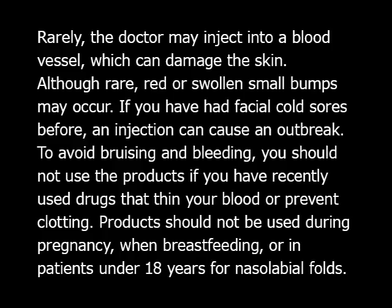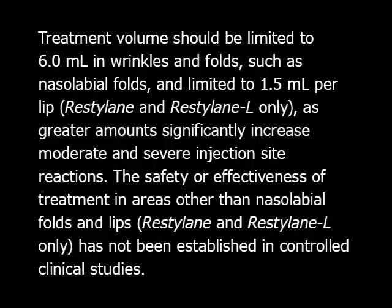To avoid bruising and bleeding, you should not use the products if you have recently used drugs that thin your blood or prevent clotting. Products should not be used during pregnancy, when breastfeeding, or in patients under 18 years for nasolabial folds. Treatment volume should be limited to 6.0 ml in wrinkles and folds, such as nasolabial folds, and limited to 1.5 ml per lip, Restylane and Restylane L only, as greater amounts significantly increase moderate and severe injection site reactions. The safety or effectiveness of treatment in areas other than nasolabial folds and lips, Restylane and Restylane L only,